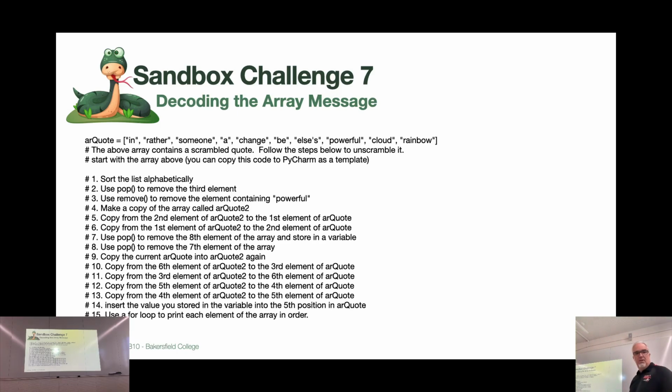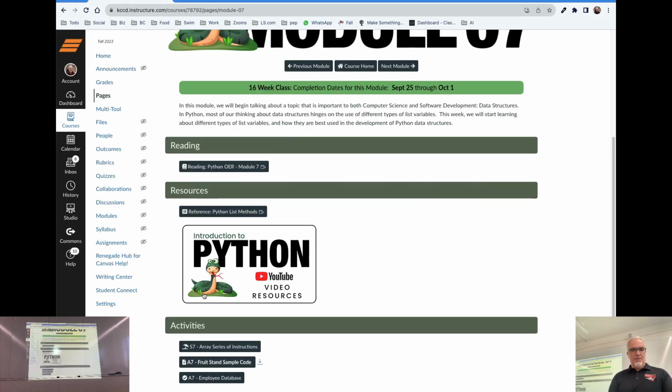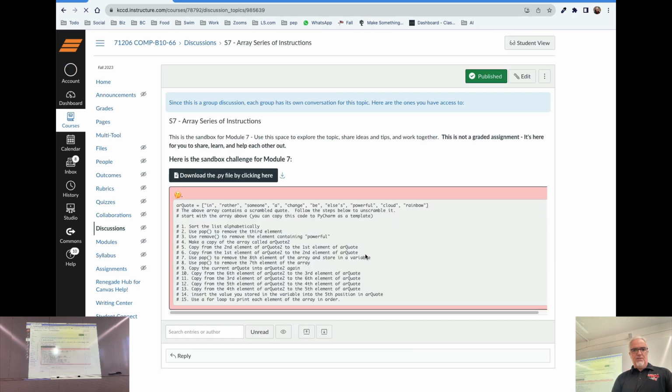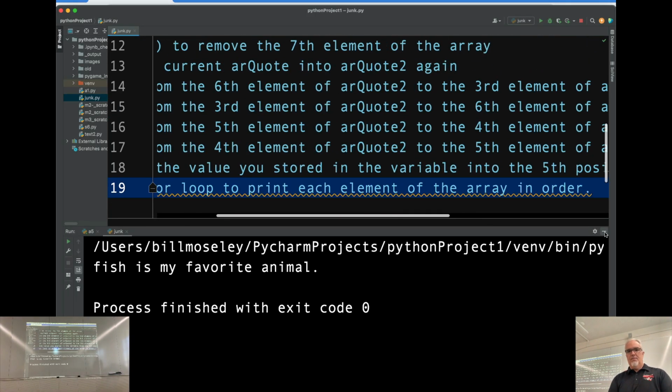Sandbox challenge has some code with it, and I'll show you that is right here in the array series of instructions. If you copy this code and then you paste it in,